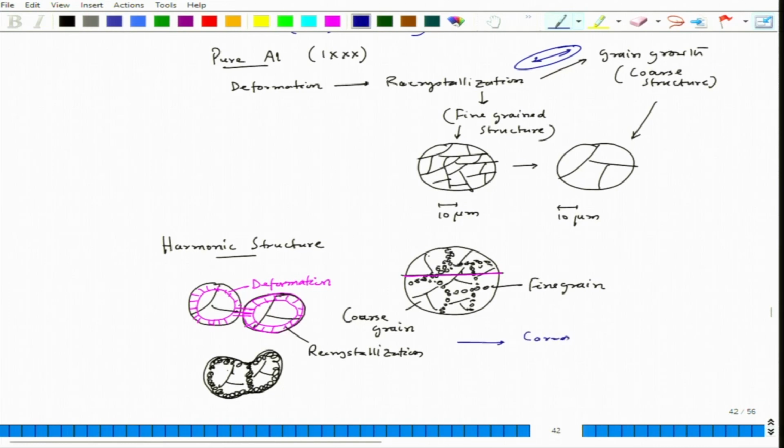Corrosion resistance improves due to harmonic structure for 304 stainless steel, when you compare with uniform grain structure. Okay. So, that observation we have seen, and in the next lecture we will show you some of the test